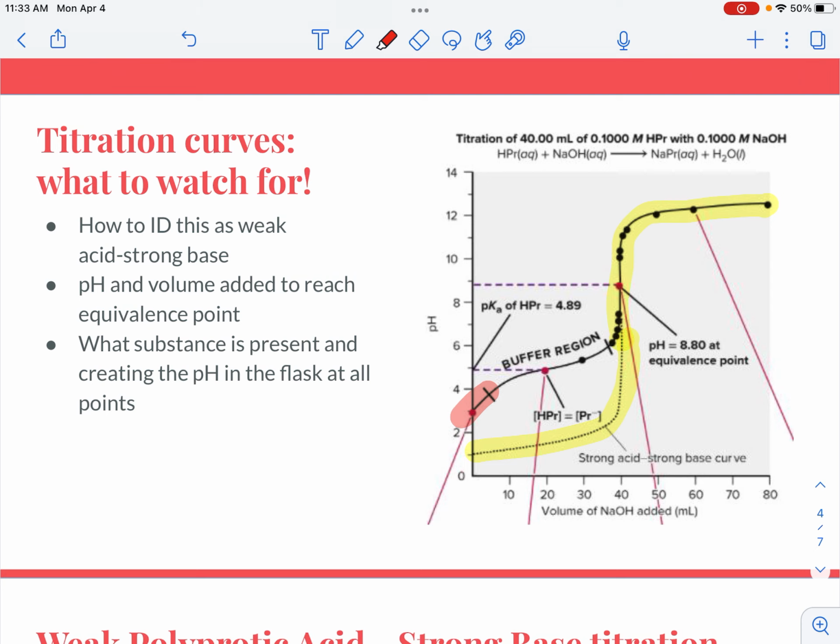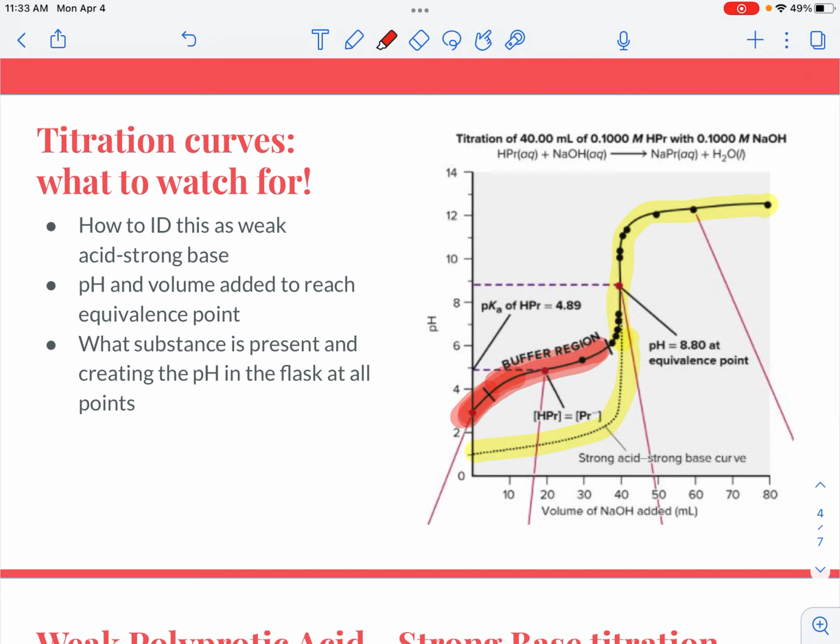Also notice that this rises kind of quickly, but then levels off a lot. And so you see an initial quick increase because you actually have some conjugate base formed instead of using it all up and forming only the base alone, right? Or in a strong acid, strong base, you're forming only water. So initially, the pH is rising a little bit more quickly because you have the conjugate base formed,